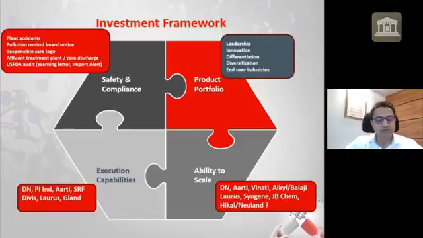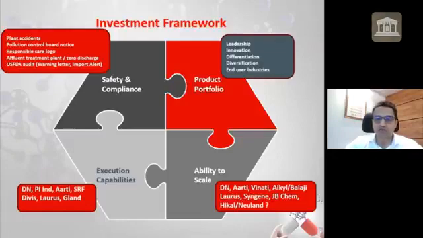The Responsible Care logo is one of the good measures to understand the safety and compliance of a particular chemical company. If the company has the Responsible Care logo, there is some threshold of compliance that the company is meeting. You need to look at whether the plants are zero discharge plants. In case of pharma, obviously you need to look at the US FDA audit track record, whether there were any warning letters, and whether the company has received any import alert in the past. So I think safety and compliance is the most important parameter in the investment framework.